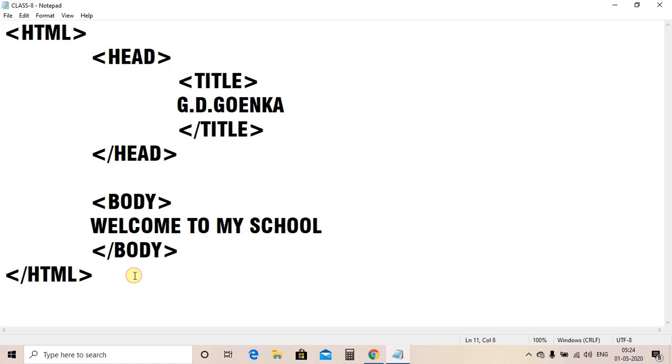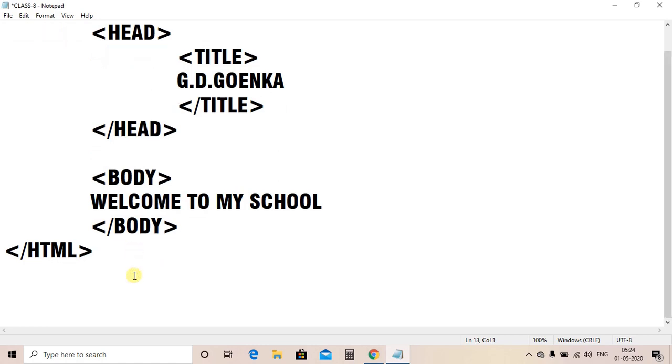Now we'll move further today and we will discuss the next part of HTML, that is attributes in HTML. When we talk about HTML, basically there are two things which work simultaneously in an HTML document. One is tags, which we have discussed previously, and another is attributes, which we are going to discuss today. What is a tag?